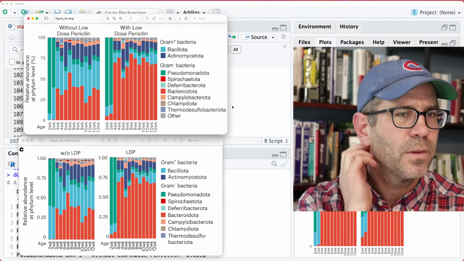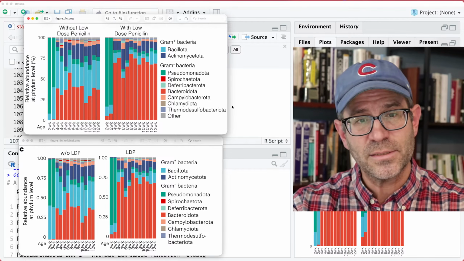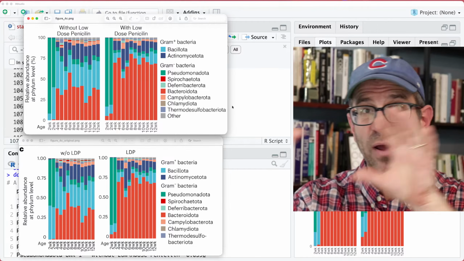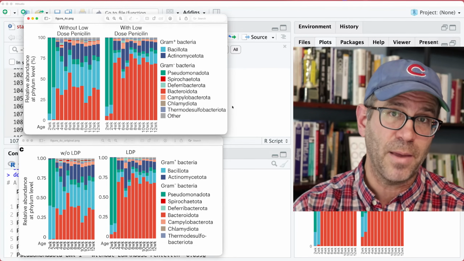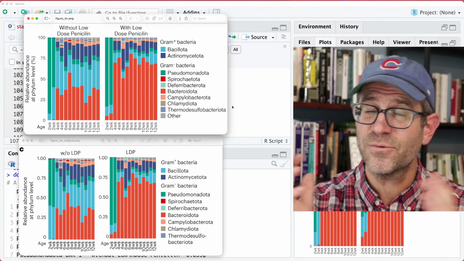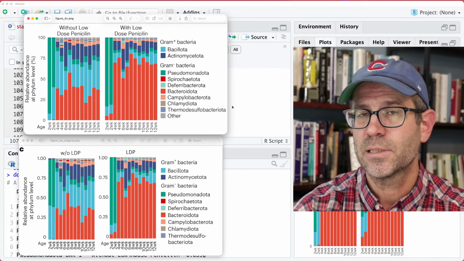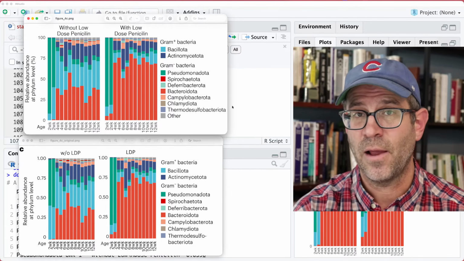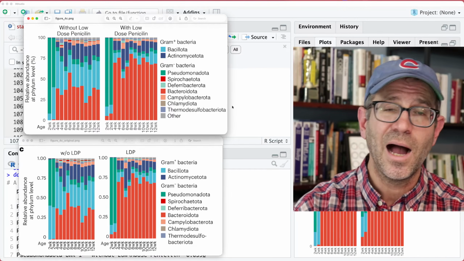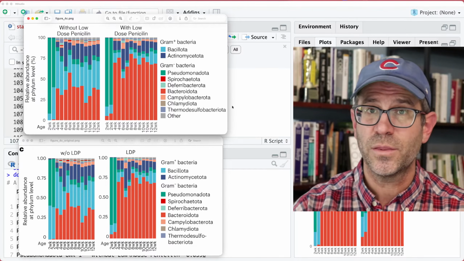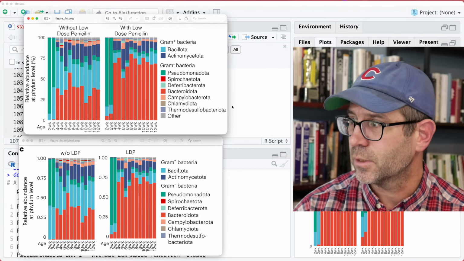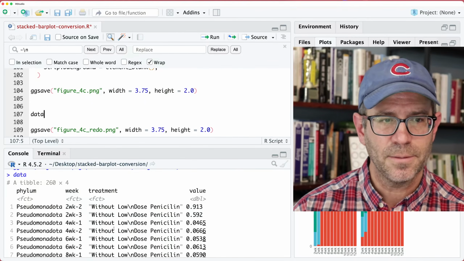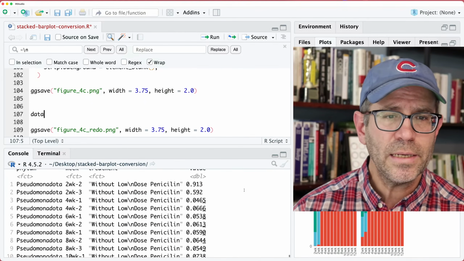So what I'd like to do, and so then for each facet, we'll have time on the x-axis, abundance on the y-axis, and each facet then will be a different phylum of bacteria. And then for each of those facets, we'll have 2 lines. One line for with penicillin, one for without penicillin. And that way, for each of these phyla, I can compare the relative abundances with and without penicillin. Crystal clear, okay? So, to do that, we've got data, and we need to,